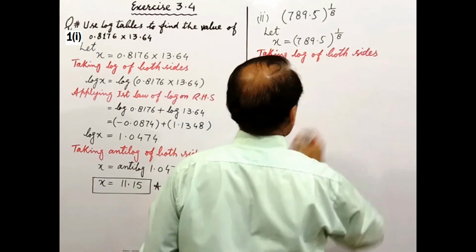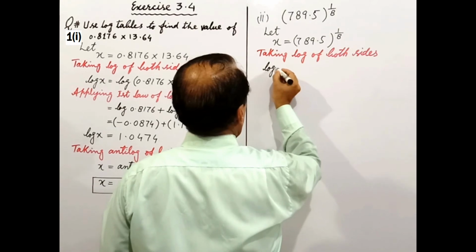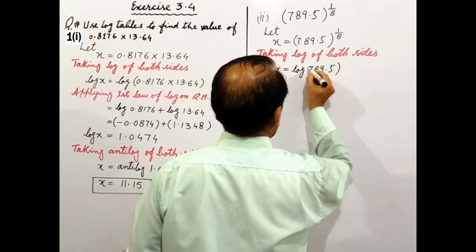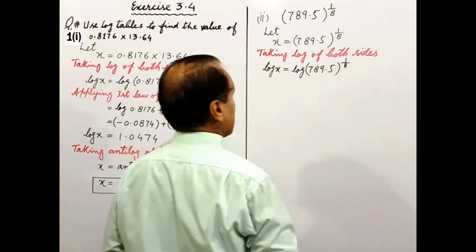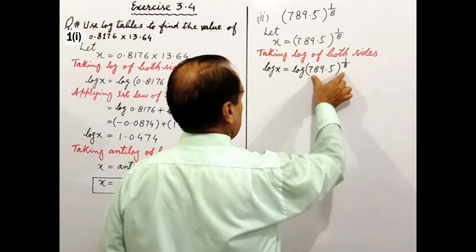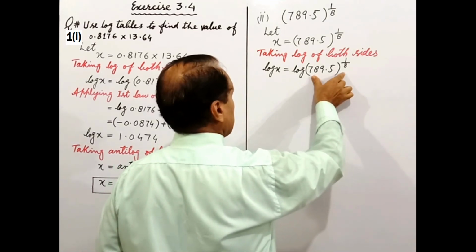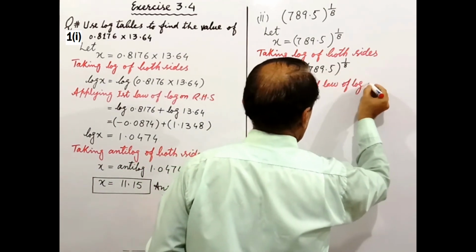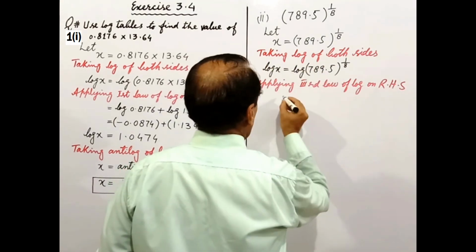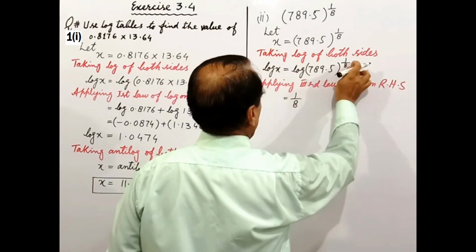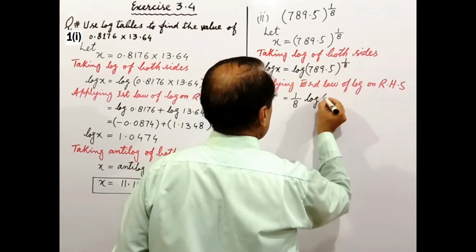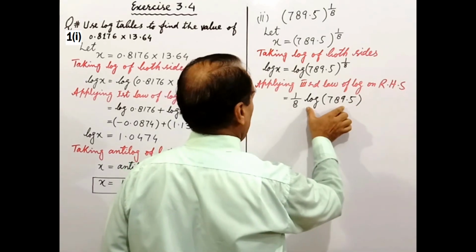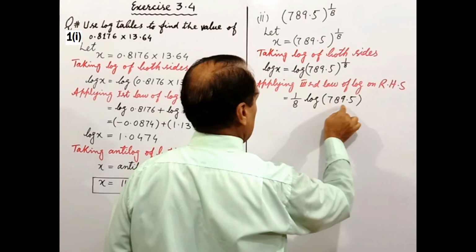Log x is equal to log of 789.5 whole power 1 over 8. If we observe the right hand side, the values are in exponential form. So we apply the law of exponent, the third law of log. We have 1 over 8, meaning the power becomes the coefficient, 1 over 8 log 789.5. Now using the calculator, we find the value of log up to 4 decimal places, that is log 789.5 is equal to